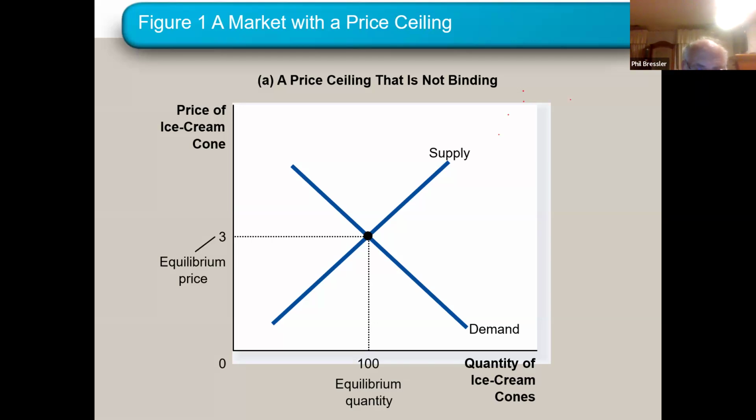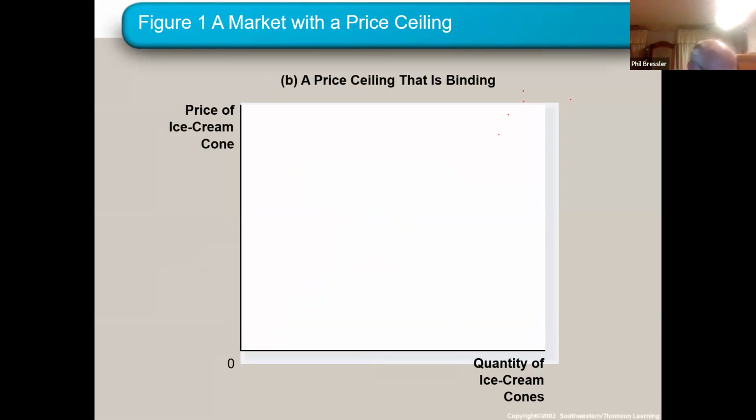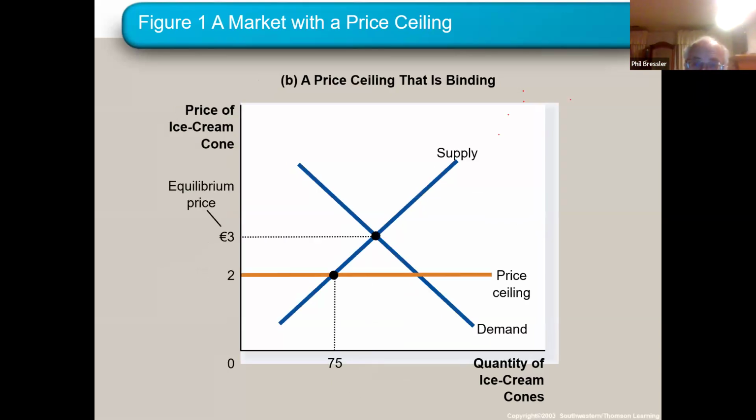Okay. A price floor is the legal minimum. And by the way, for the price ceiling, he uses rent control a lot. So that's his example a lot. For the price floor, he uses minimum wage a lot. Okay. And that's the legal minimum. All right. Here is your binding ceiling. Upside down house, ceiling's below.